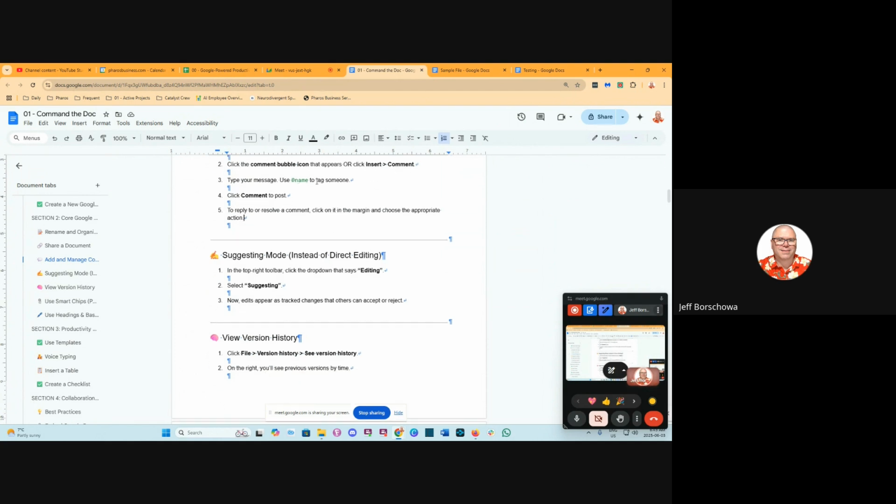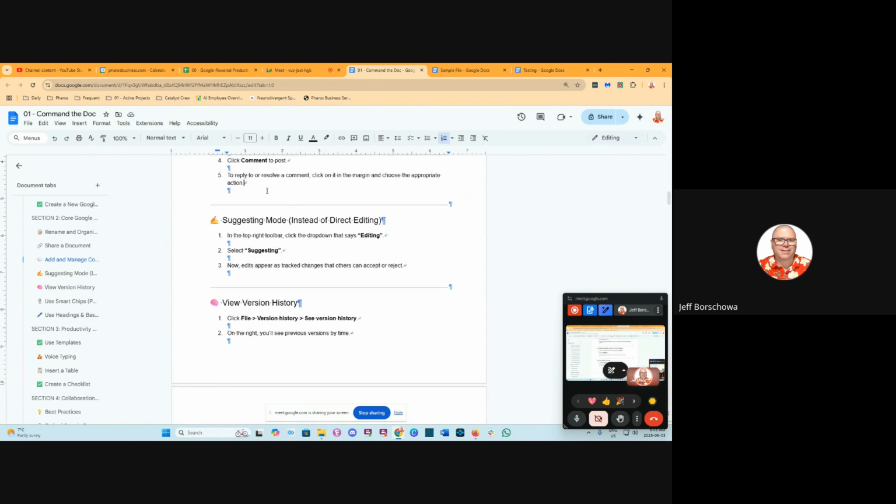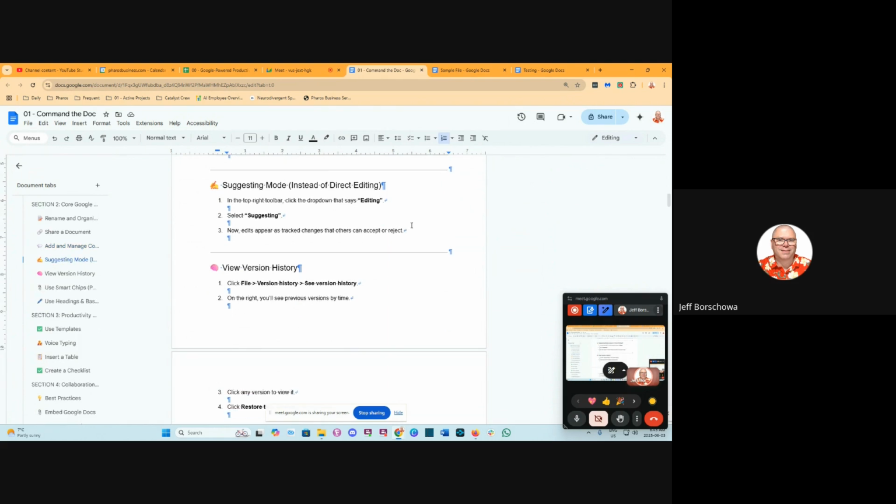So you can use that name to tag somebody in a comment, and it's really useful because I'm not allowing somebody to edit my document. I'm allowing them to give me feedback on it. Now,